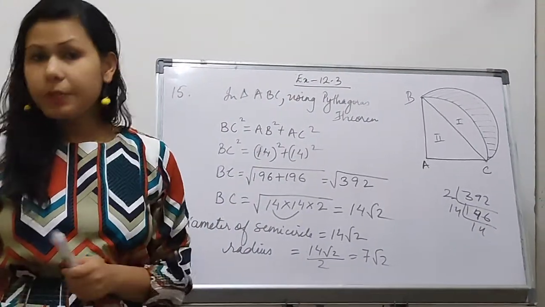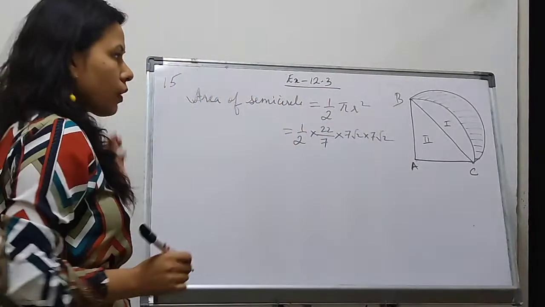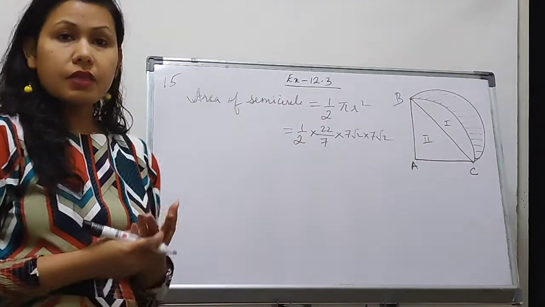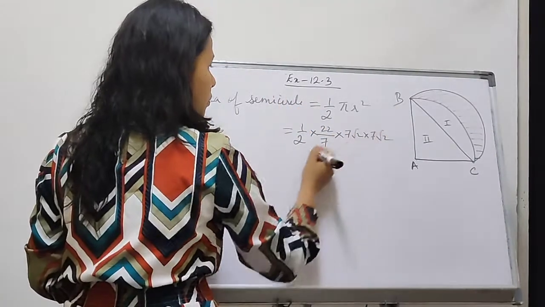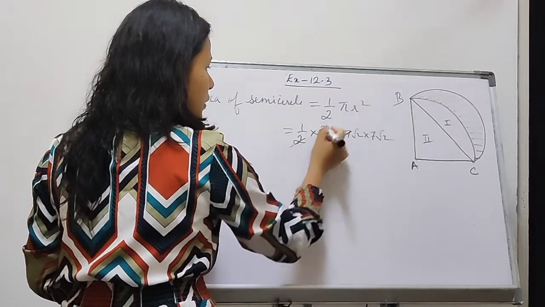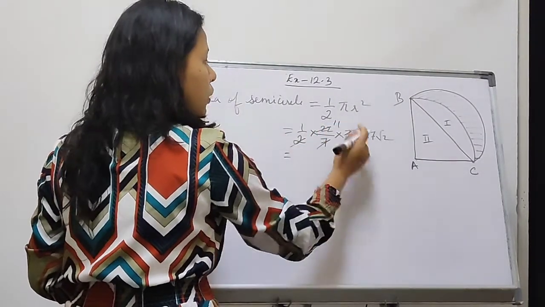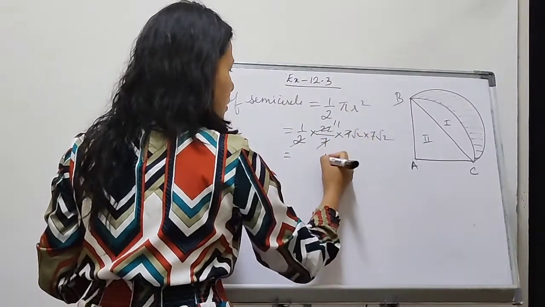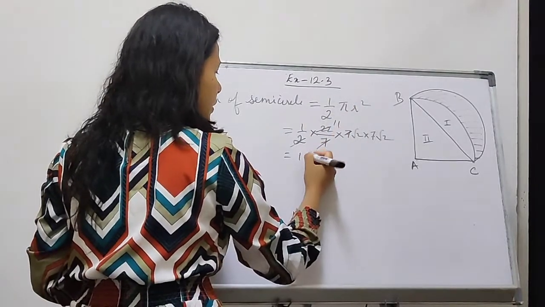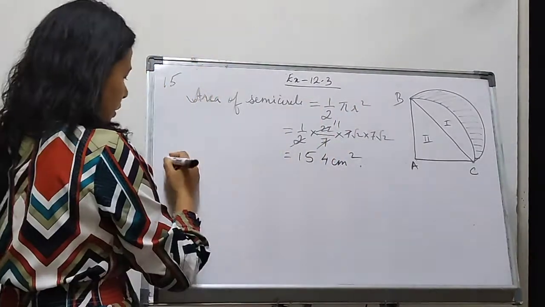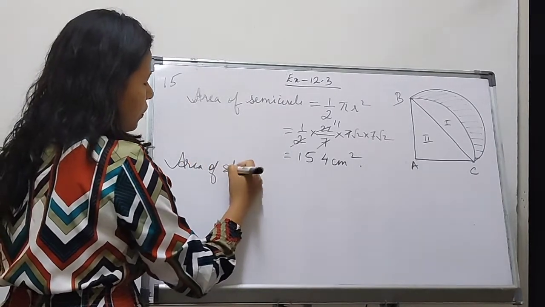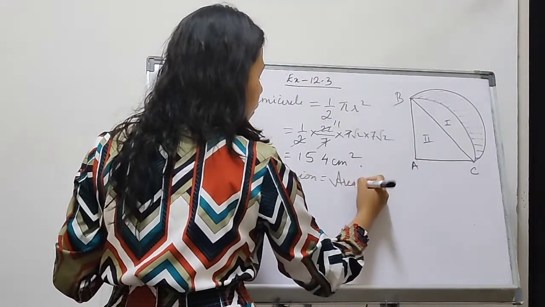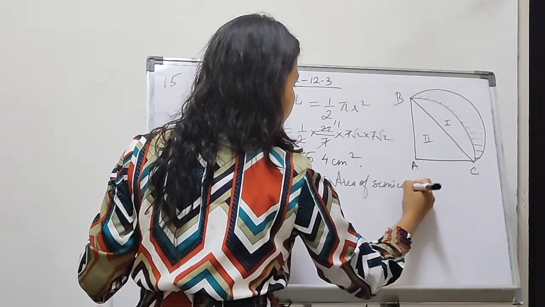Okay, let me write this first. So area of semicircle is half pi r square. So 1 by 2, 22 by 7, we got radius 7 root 2, isn't it? So 7 root 2, 7 root 2. So 7, 7 we can cancel. Then 2 times this one is 11. So what are we left with? Root 2 into root 2 is 2, right? 2 7s are 14. Then 14 11s are 154 centimeter square. Now as I told you, area of shaded region will be equal to area of semicircle minus